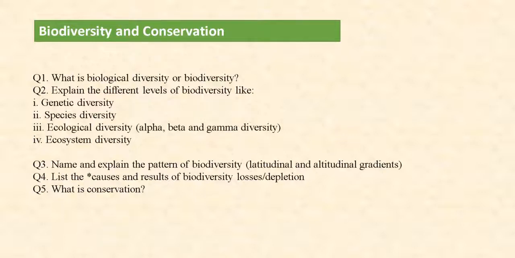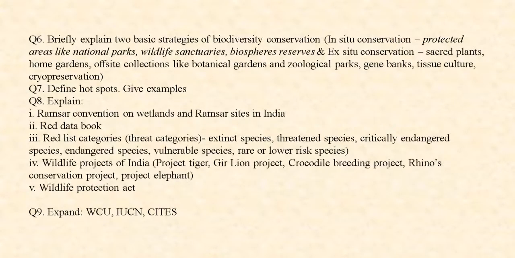Then question number 4, I have written list the causes and results of biodiversity depletion. And in the fifth question, I have written what is conservation. Then we need to read also a brief explanation of two basic strategies of biodiversity conservation. One is in situ conservation and another is ex situ conservation. In in-situ conservation, you need to cover the protected areas like national parks, wildlife sanctuaries, biosphere reserves, and in ex-situ conservation, you need to cover sacred plants, home gardens, off-site collections like botanical gardens, zoological parks, gene banks,